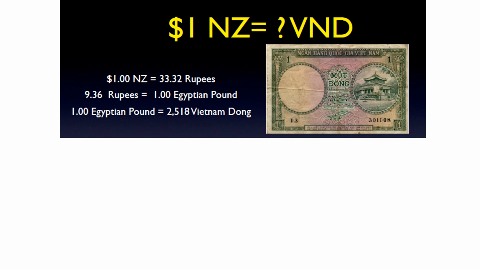So if we have the question, you have 1 New Zealand dollar and you want to know how many Vietnam dongs there are. There's not a direct conversion between the New Zealand dollar and the VND. So you are given, though, 3 different conversion factors between the New Zealand dollar and the rupee and the Egyptian pound, and the Egyptian pound and the Vietnam dong. So what we're going to do is we're going to start off with 1 New Zealand dollar, put it over 1. We're going to go from New Zealand dollar to rupee. We're going to put the 1 New Zealand dollar down there,